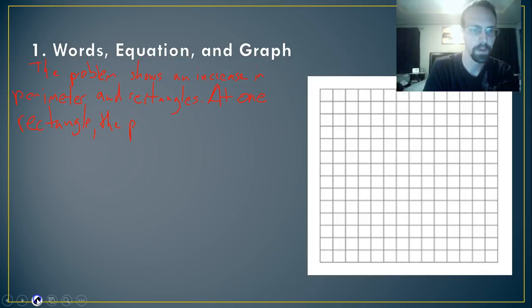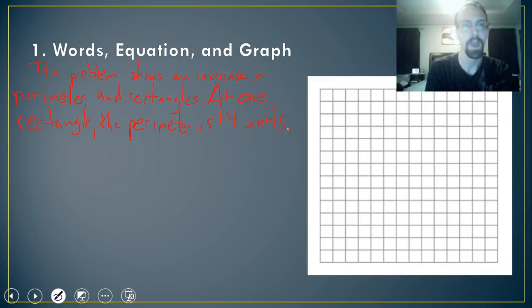There we go. The perimeter is 12 units. No, 14 units. Notice I'm adding a label at the end. It doesn't tell me what my unit is, so it's units. At one rectangle, the perimeter is 14 units. At 2 rectangles,